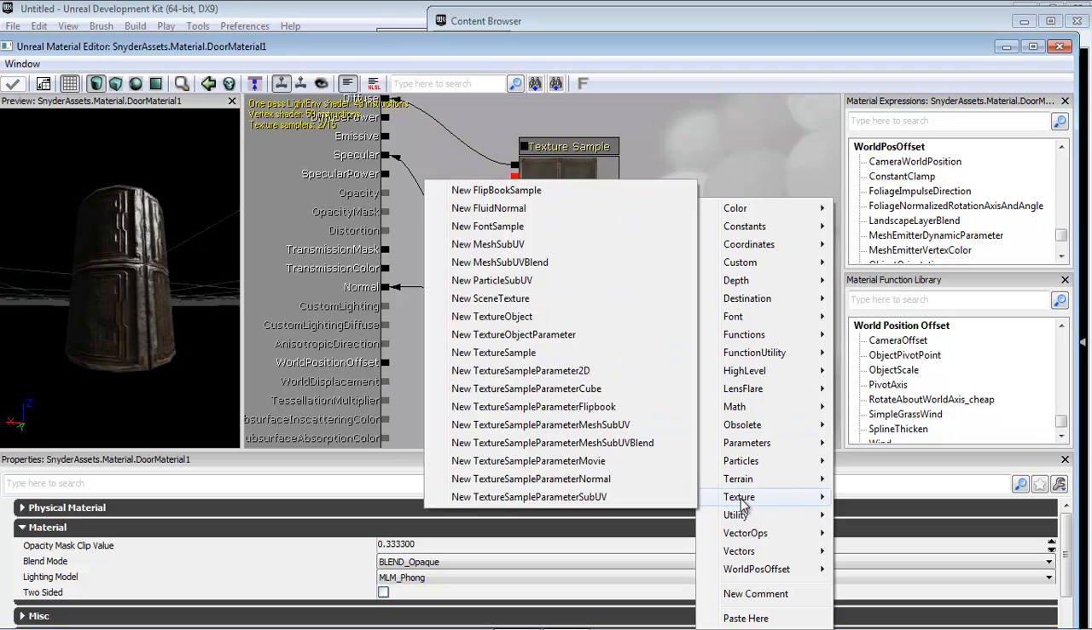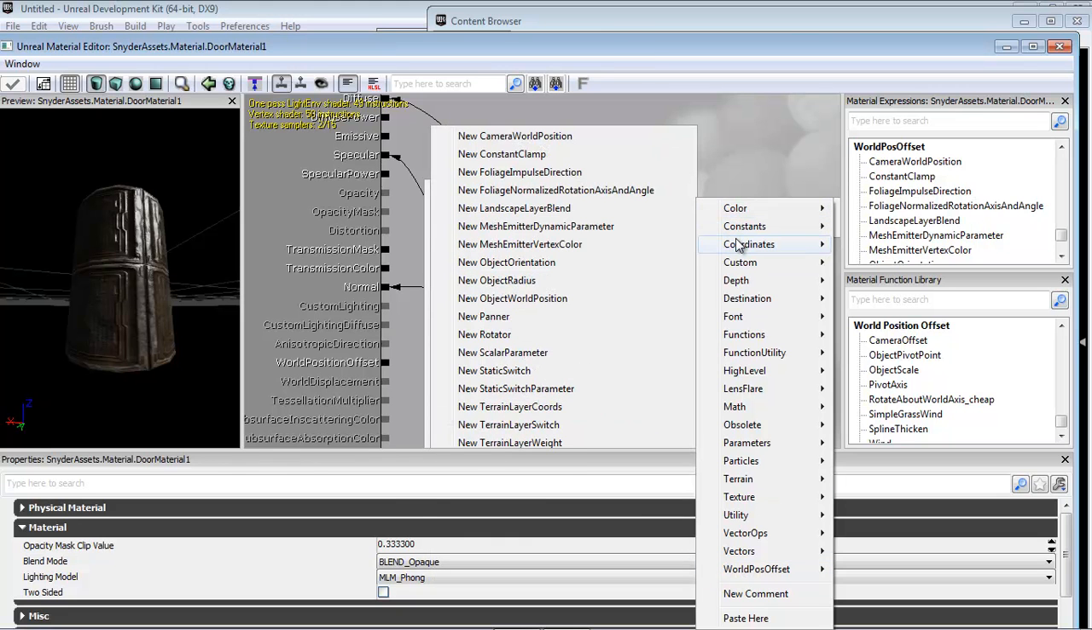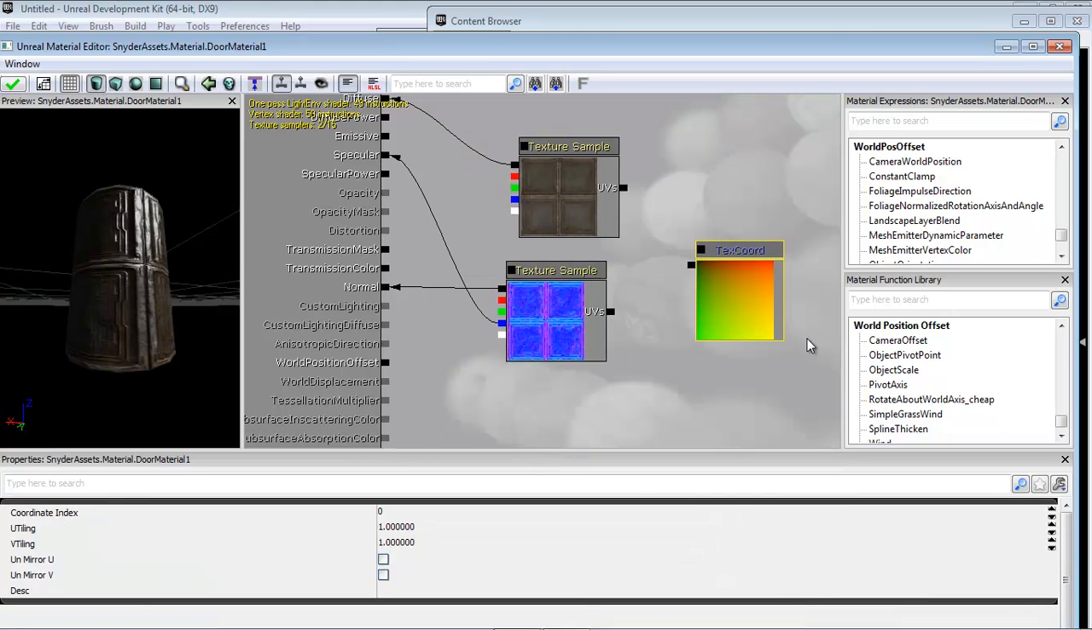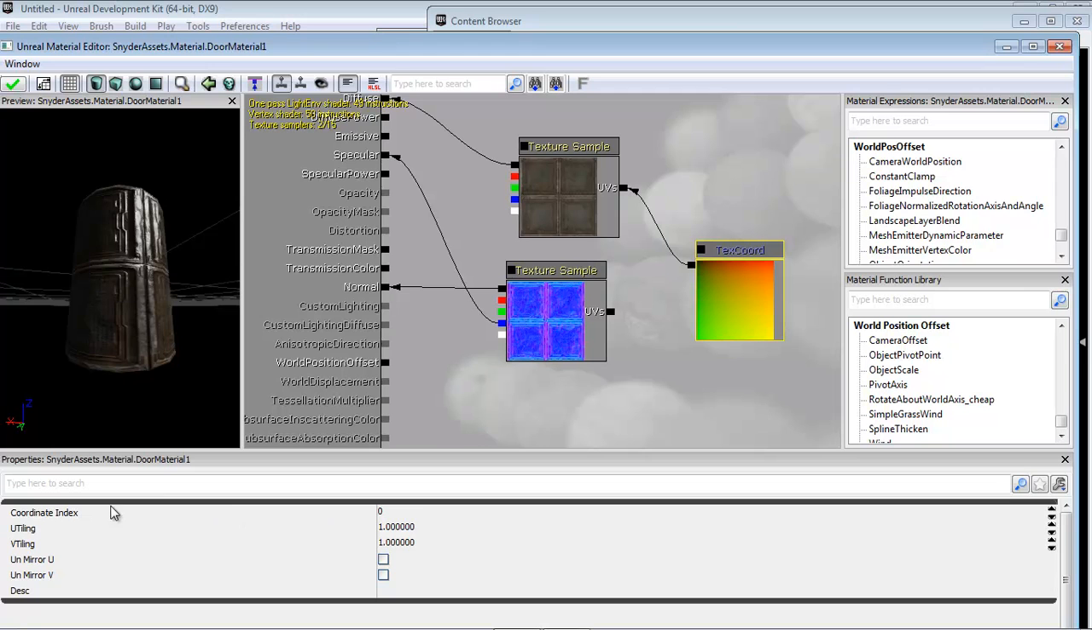So I'll go into texture, what is it, UVs, vector, color coordinates, position objects. Sorry, let me find the texture coordinates. There we go. And I'm going to run this into here. You can see right now it's taking the texture and doing 1 by 1. So it's taking that picture and assigning 1 to the width and 1 to the height. If I change that to 0.5 by 0.5,